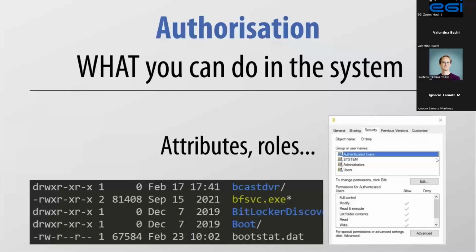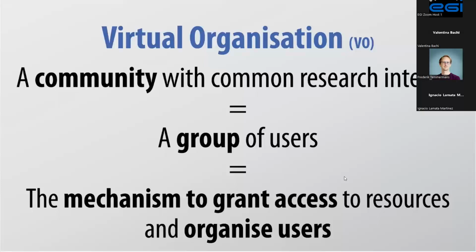And then here is the similar thing with Windows. So how people can access, for example, a resource in the system like a file or something else. In EGI Check-in, or EGI in general, we use the concept of virtual organization, or VO. A virtual organization is a community with common research interests. So it's basically a group of users, and it's also the mechanism that we have to grant access to resources